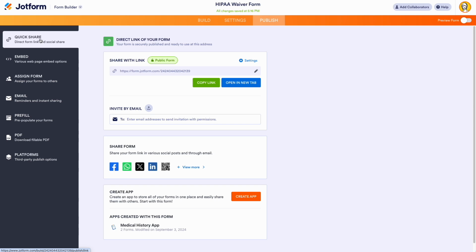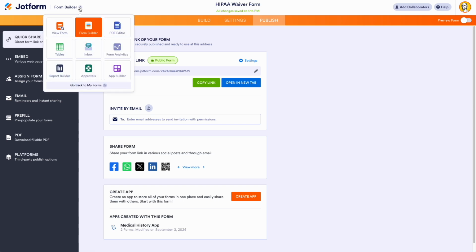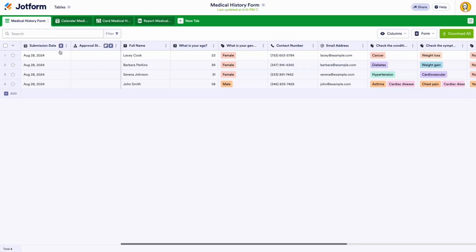We've looked at creating, editing, and sharing our form, including all of those settings. So the last thing that I want to talk about here in our demo is how to access everything else within Jotform. If you are within the form builder working on a form and you want to see the data that comes in for that form, you can access it in the same place from the drop-down menu. But instead of going to the landing pages, it's going to take you straight to the data for that form